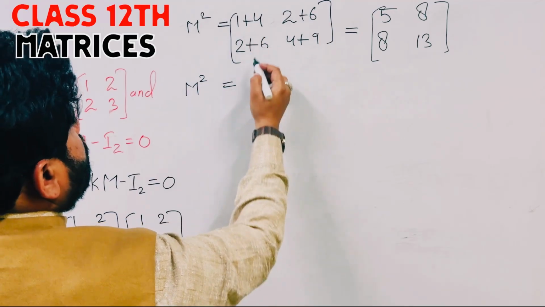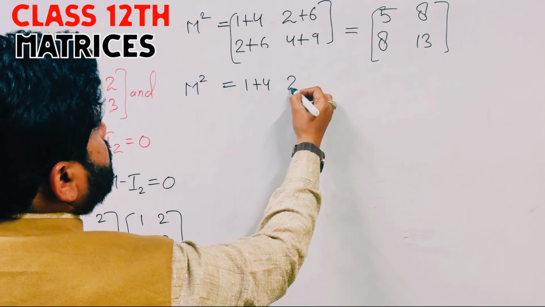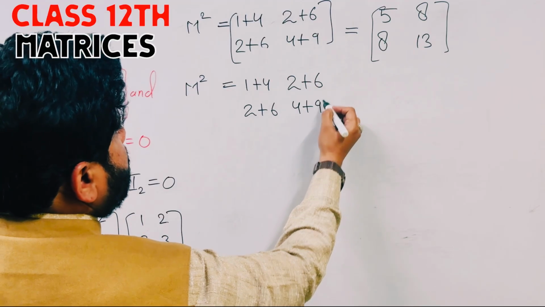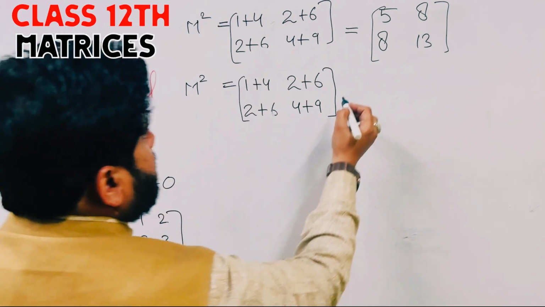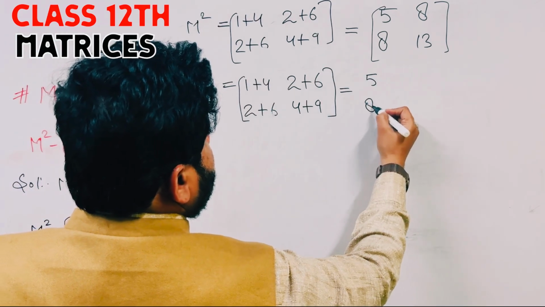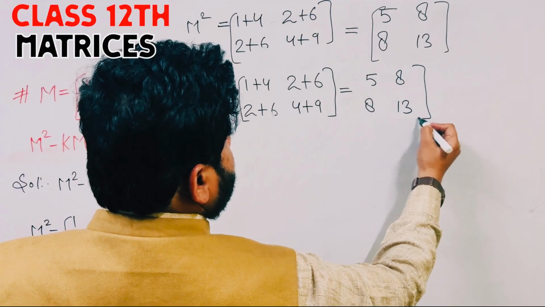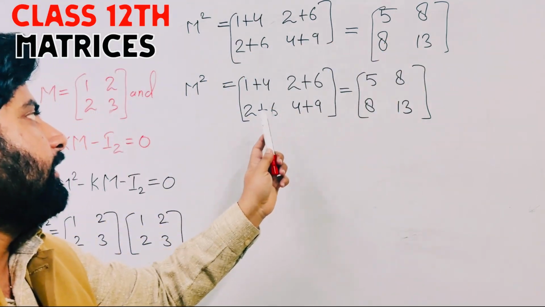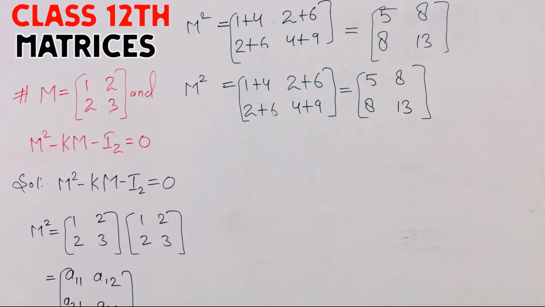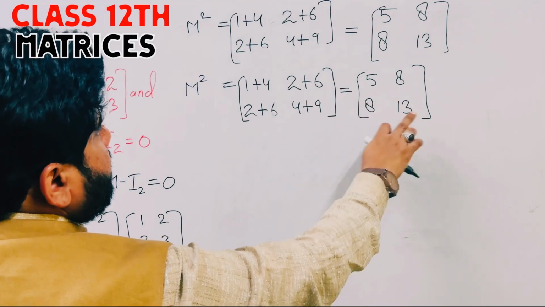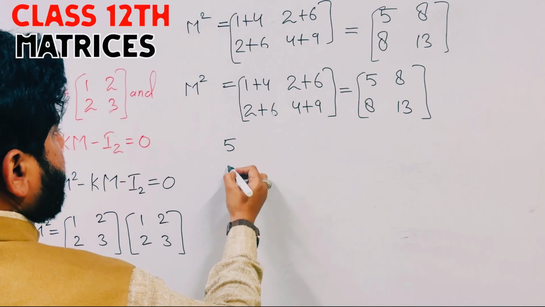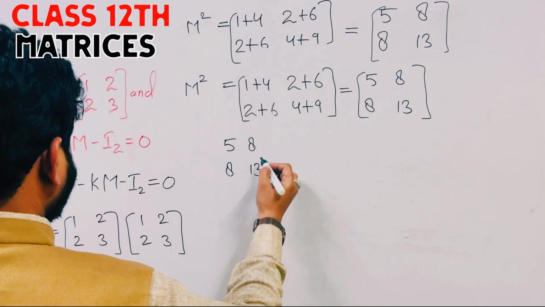M square is equal to [1 plus 4, 2 plus 6; 2 plus 6, 4 plus 9], that is [5, 8; 8, 13]. Okay, we have to write this part in this line. The value of M square is [5, 8; 8, 13]. The next part is minus kM minus I2 is equal to 0. That is, M square, according to the question, [5, 8; 8, 13]